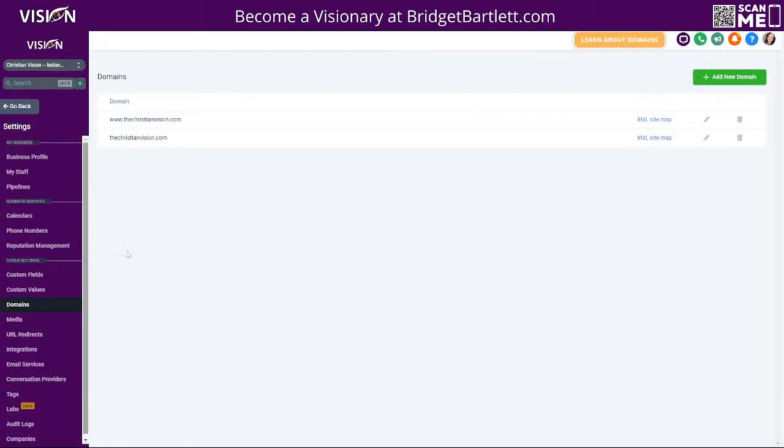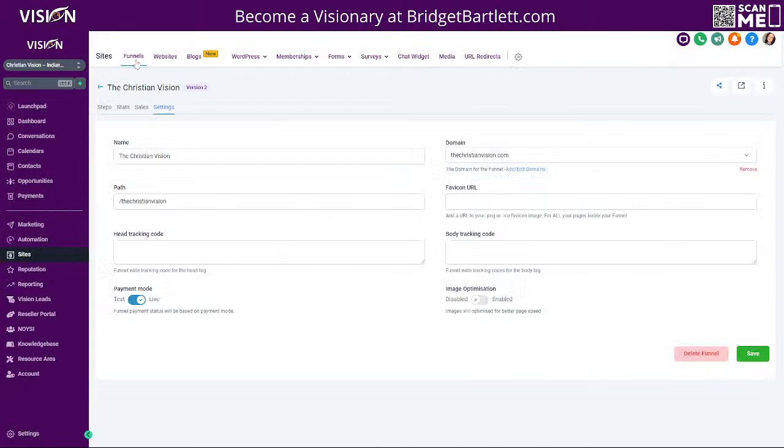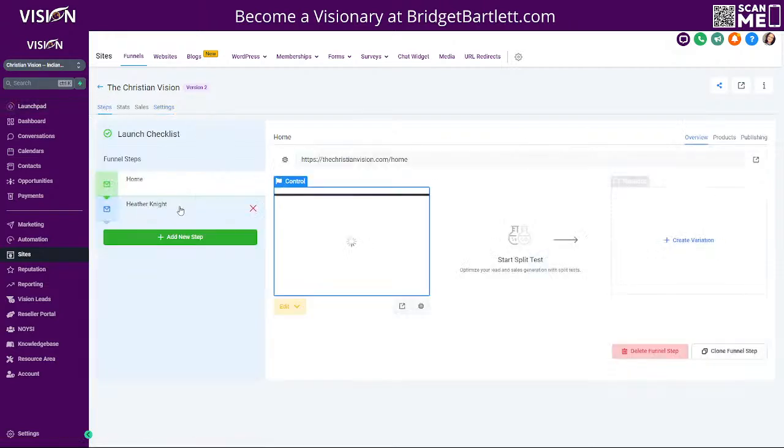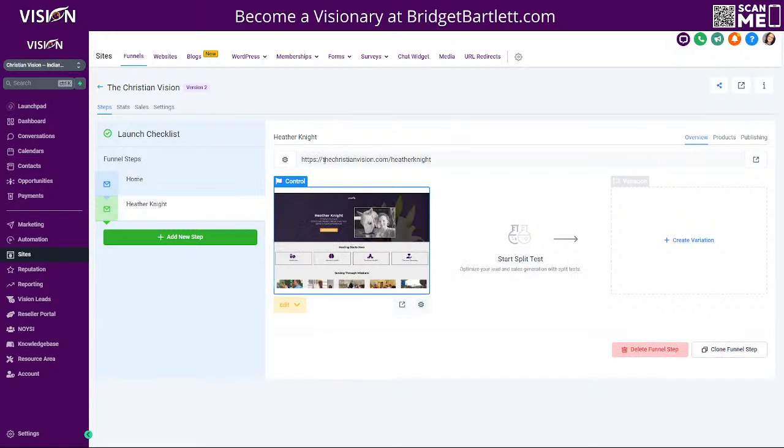Okay. Now, every time I do that, I like to go back to the website and make sure that this is on the root domain and not the www, because if it was the www, then when it goes to this page here, if someone was to type in thechristianvision.com/Heather Knight, then it would not go to that page. It would say 404 error, and it would want them to type in the